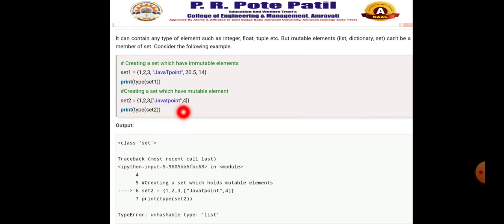Here the list is a member of the set, so this is not possible. Print type of set2 will give an error: unhashable type list cannot be enclosed inside the set. So you cannot add mutable elements inside the set. This is one of the features of the set.